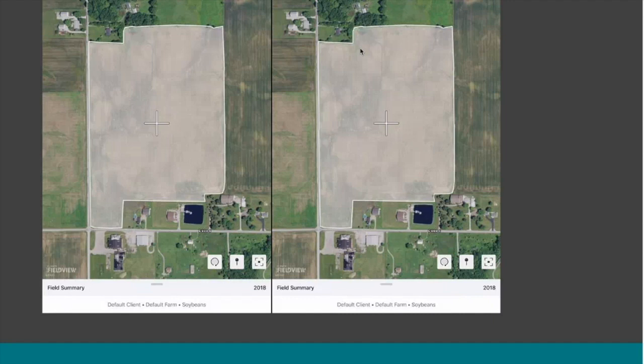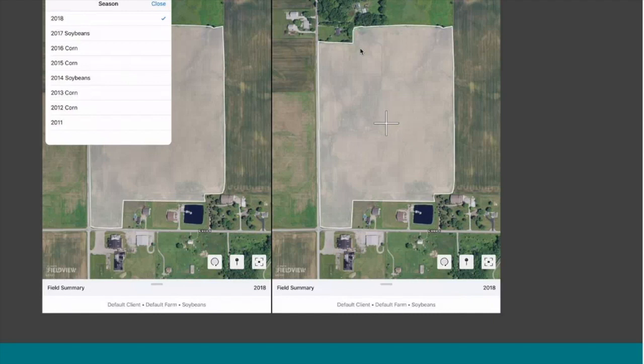In this particular case, if I click on the 2018 dropdown, I can see that I have data for 2017 soybeans, 2016 corn, 2015 corn, 2014 soybeans, 13 corn, 12 corn. I've imported a lot of old data to this account so that I now have with me, on my phone, on my iPad, whatever device I have, all the planting and harvest and maybe even as-applied data or soils data for, what is this, one, two, three, six years,